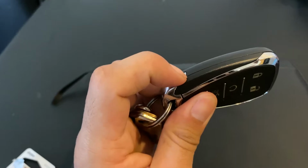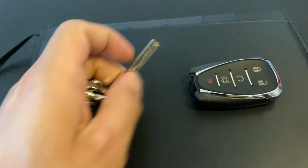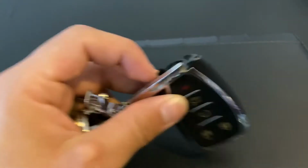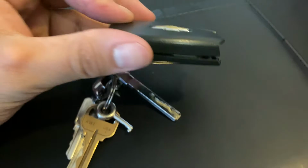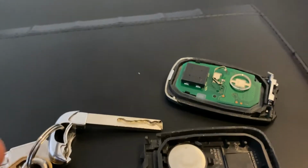So here, just press the button and pull out the key. It should look like that right there. And then you're gonna get the key and put it in this hole and kind of just spin it. So after you pop it open, it should look something like that. All you're gonna wanna do is just take the cap off. And that battery, all you have to do is just replace it with one of these